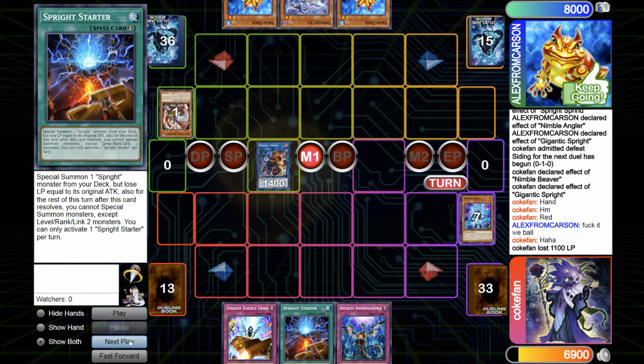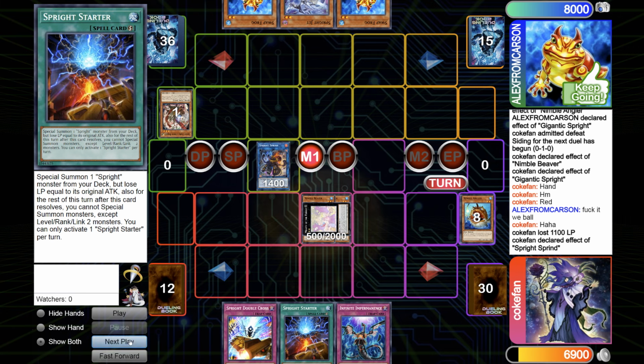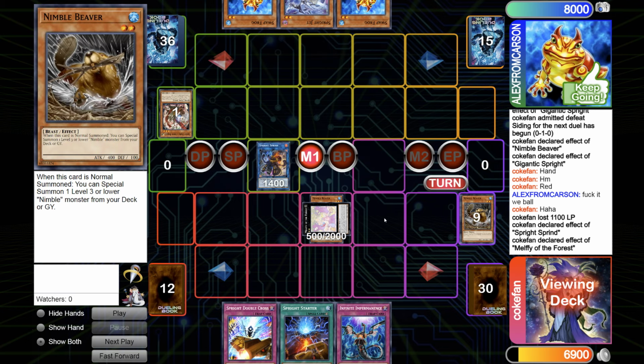And then we're going to link into Sprint. Sprint's going to dump Angler. Angler summons 2 beavers. They're still going to go into Melfi of the Forest. Okay, and here's where I want to talk about another really good thing that I found with this deck, which